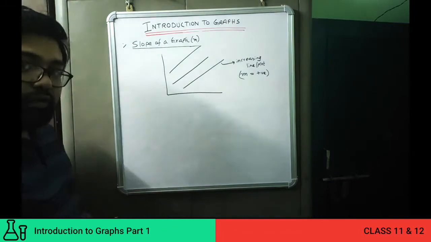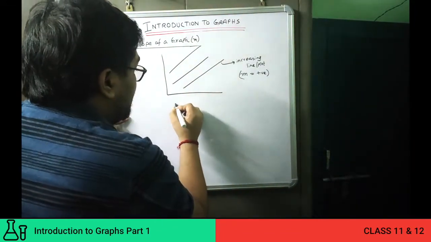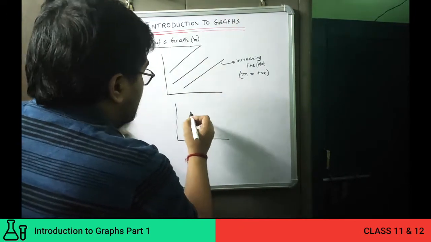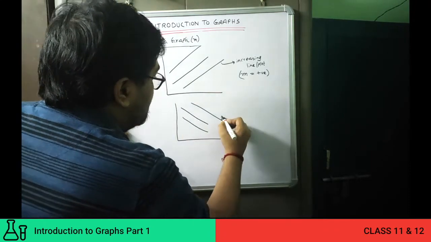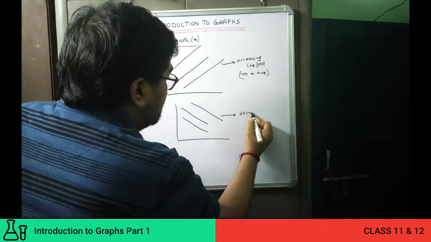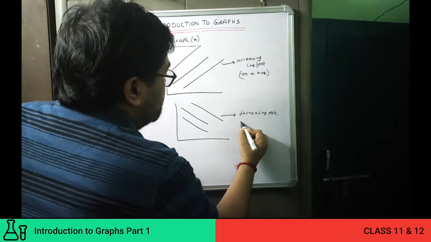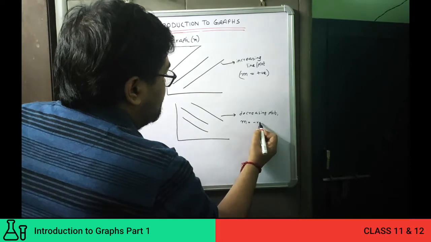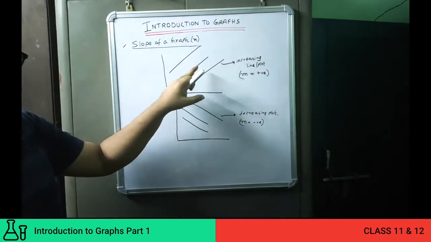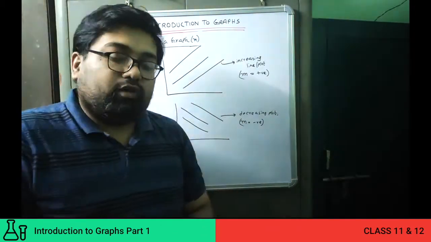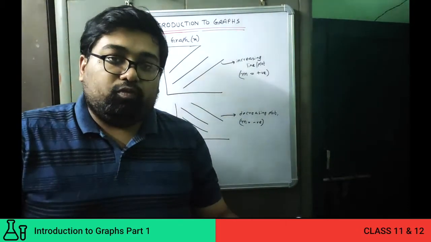You have to remember that for time saving in competitive exams especially. And if the nature of the line is like this, that is, it is decreasing, for decreasing plot or line, the slope m will always come as negative. So for increasing plot, the slope value will be positive, and for decreasing plot, the slope will be